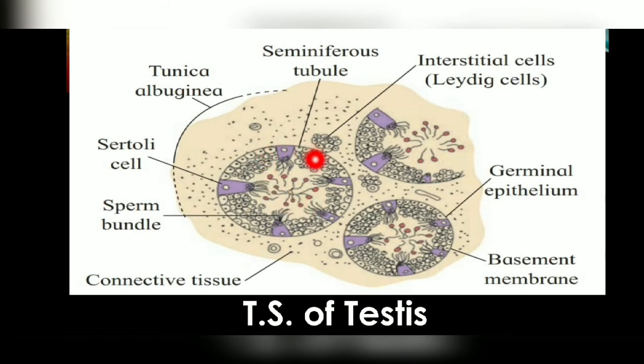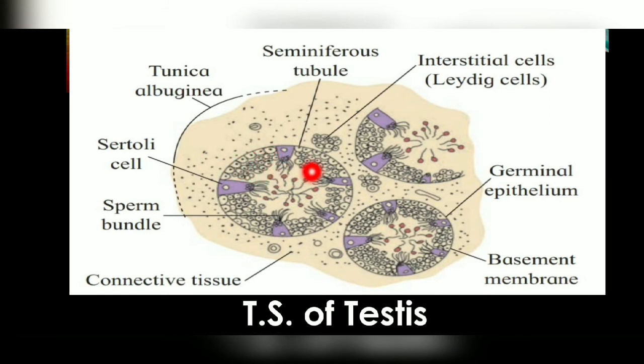So this seminiferous tubule is composed of two types of cells. First, you can see these pillar-like or triangular structures. These are called the Sertoli cells, nursing cells, and another name for this is sustentacular cell. These Sertoli cells are also called nursing cells because they provide nutrition to the developing sperms. So nourishment is provided by these Sertoli cells. That's why these are called the nursing cells.